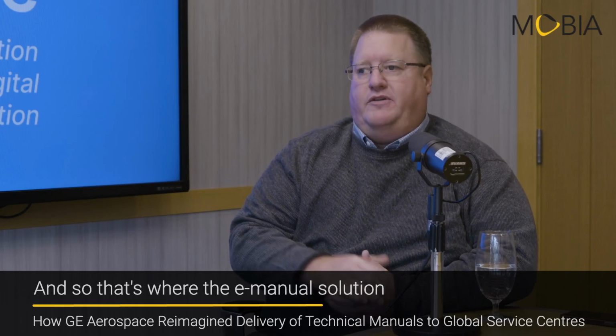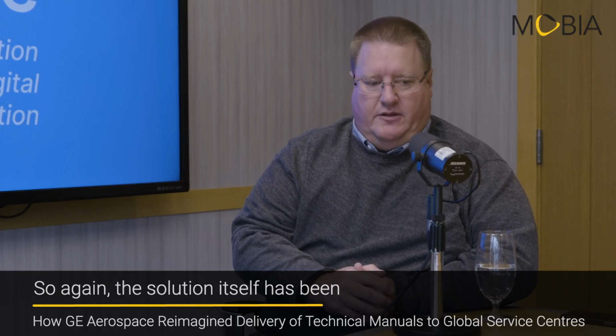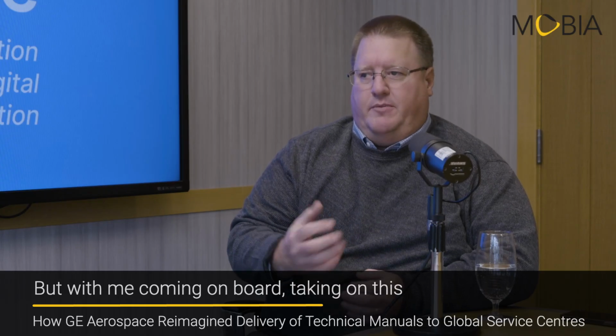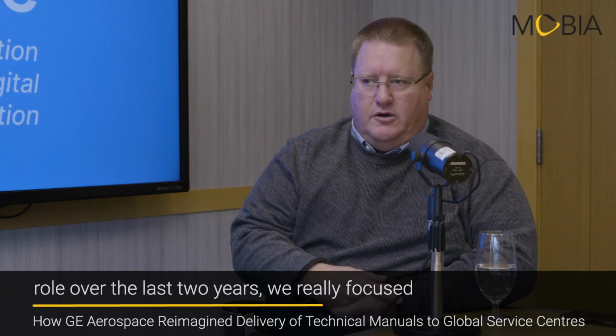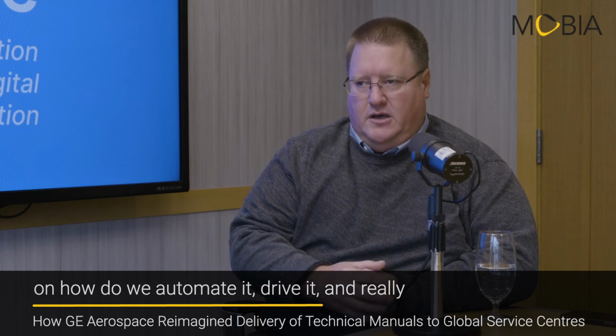And so that's where the e-manual solution came into play a couple of years ago, right? So again, the solution itself has been in the shops for about 6 years, but with me coming on board, taking on this role over the last 2 years, we've really focused on how do we automate it, drive it, and really make it a one-stop shop for our shops to be able to use and be more effective and